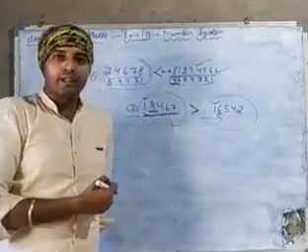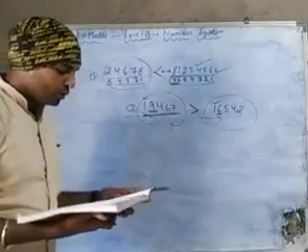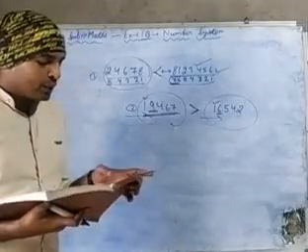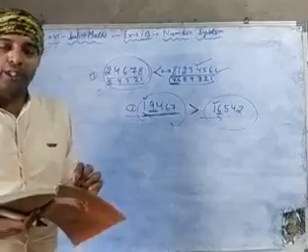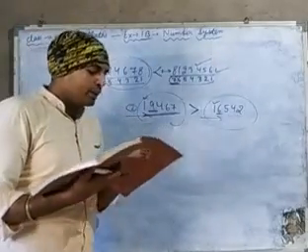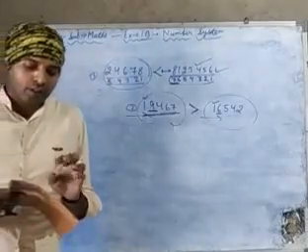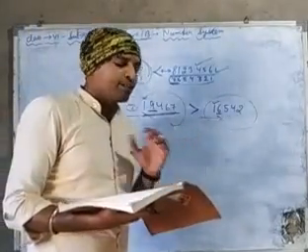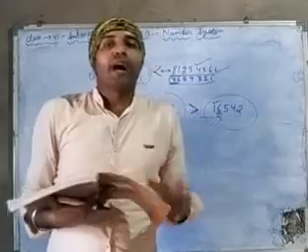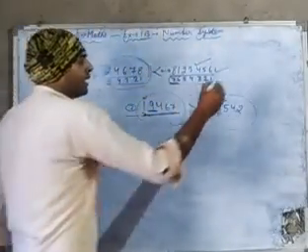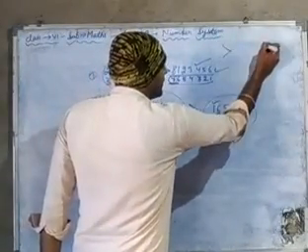Smaller. Okay. Now, question number 1 to 6 we have completed. Means from question number 1 to 6 we have to find which one is greater or which one is smaller by putting the symbols. And the symbols are this one and this one.